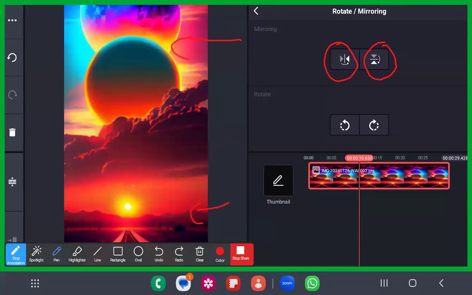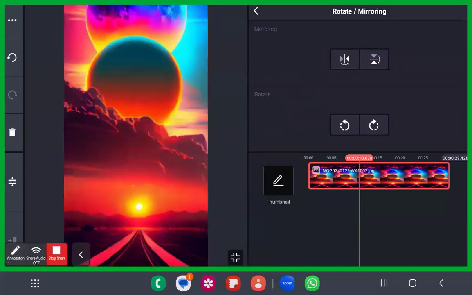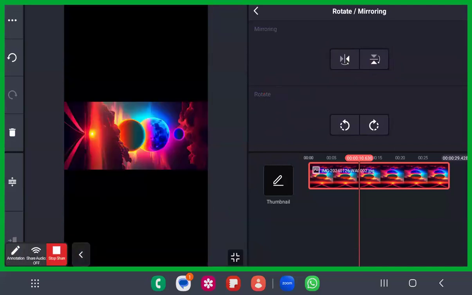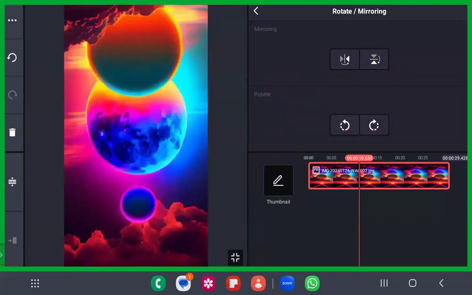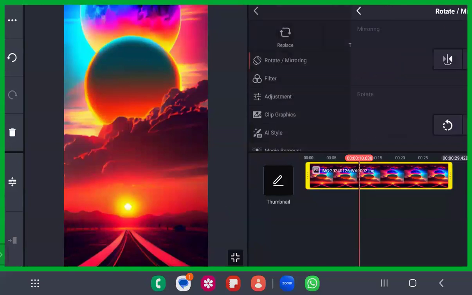Fine. Mirroring and rotation are different things. Rotation is nothing but, if this is a straight photo, it is converted into this type. This should be rotated in this way. This is rotation, and mirroring is different. So when you apply mirroring, see how this photo mirrors. Or you can try with your own image and see how rotation and mirroring work. This is how the mirroring works, and this is how the rotation works. To understand concepts better, do it with your own photos, inshallah.